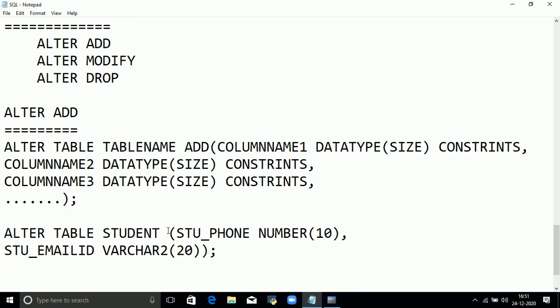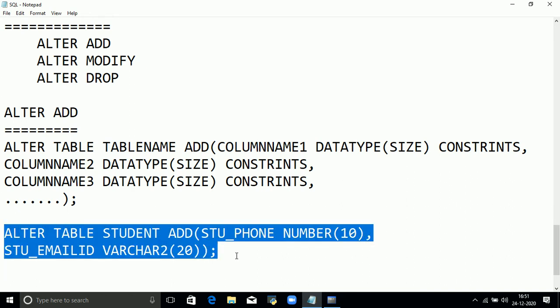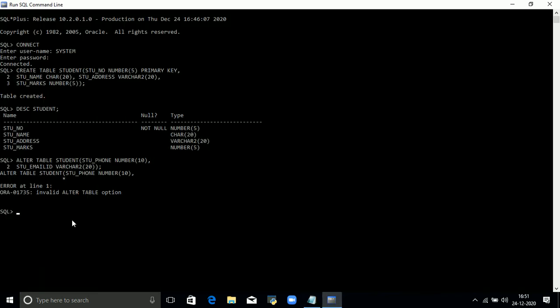I am using add here. Press enter. So my table is altered. Earlier I did not mention the add keyword, that's why I got the error, invalid alter table option. Now I can alter with the add command, and it displays that the table is altered.